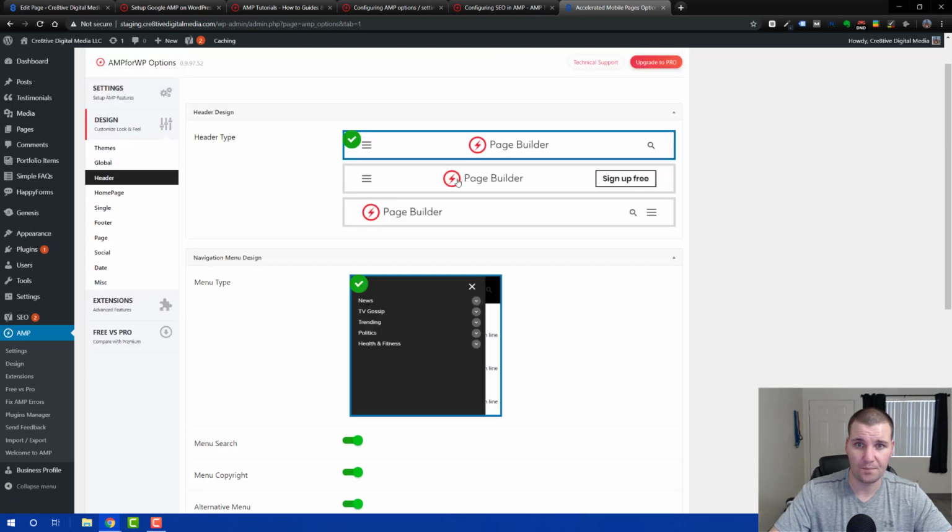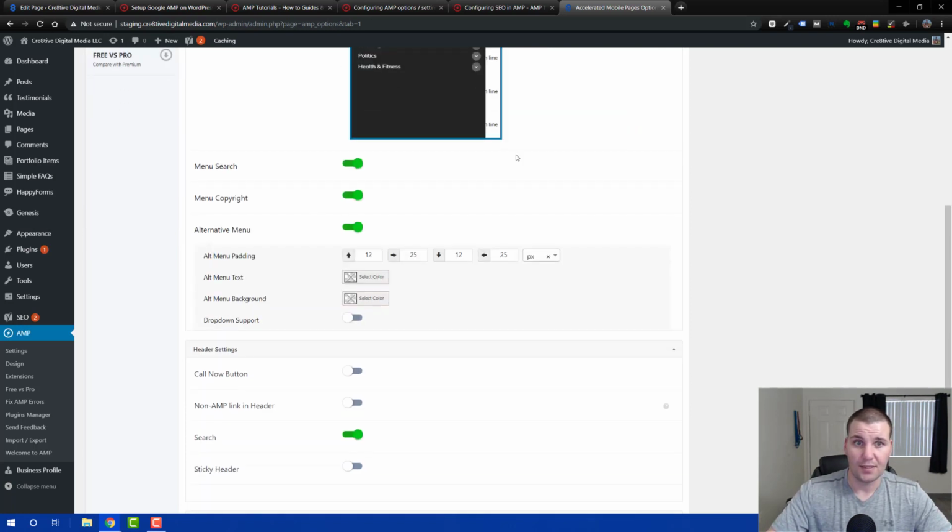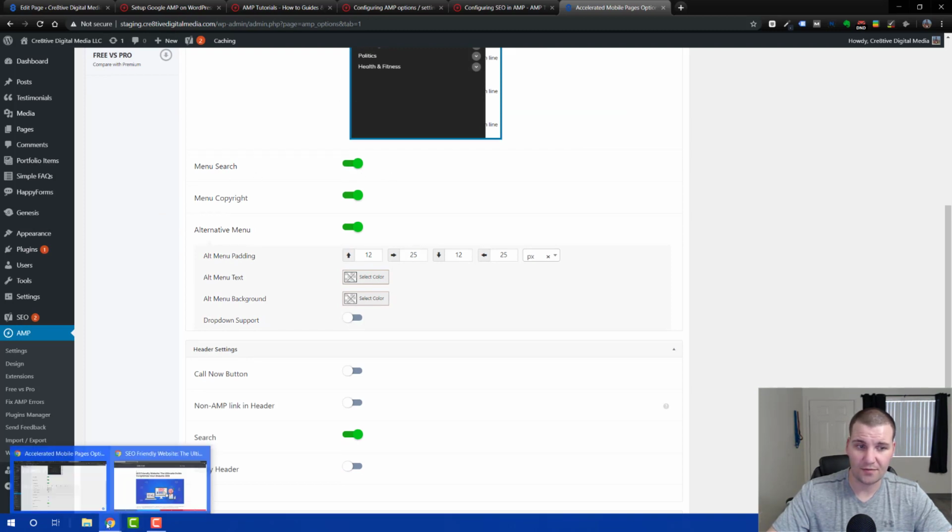And for the header, it's up to you. I do like this middle one with the call to action button on the right, but on my site I use this one because it's the only one with the hamburger on the right, and most people are right-handed and hold their phones in their right hand. So in order to navigate the site with one hand, it's easier if the hamburger is on the right-hand side. You can have the menu, a search icon turned on or off,